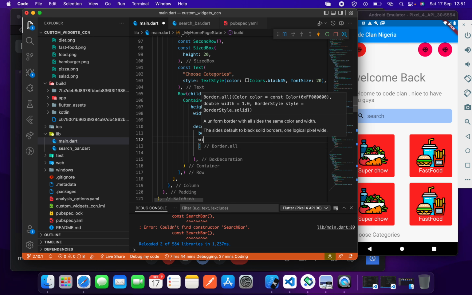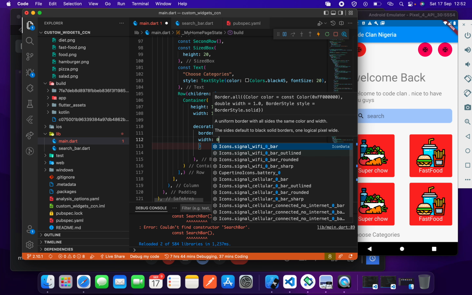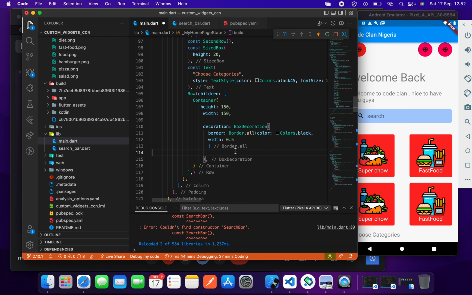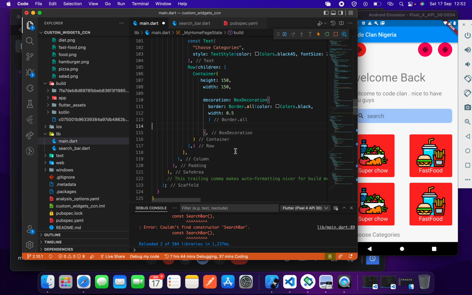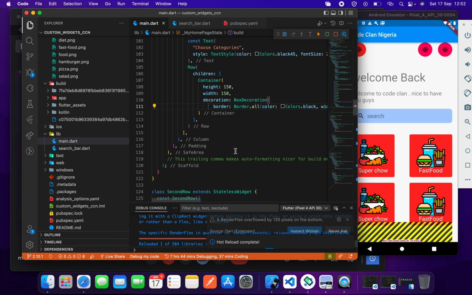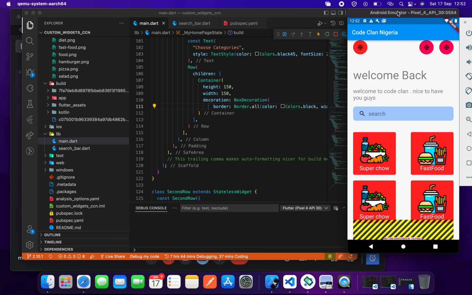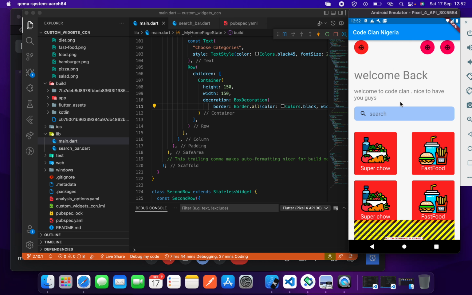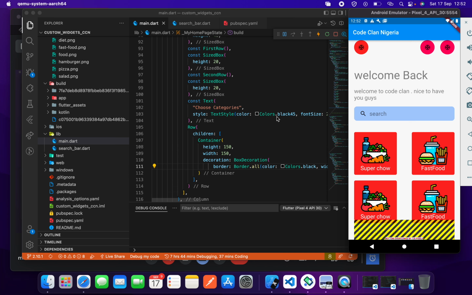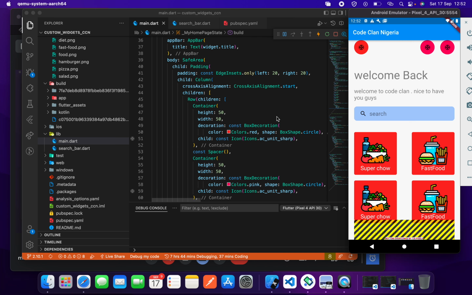Then width, we can give it 0.5. Yeah. And there will be an error. Exactly. An overflow error. So if we are faced with situations like this, it means that this particular screen has to be scrollable. If you have lots of widgets in a particular screen, all we basically need to do